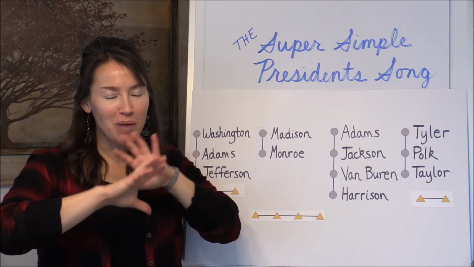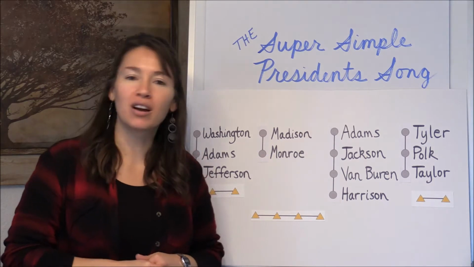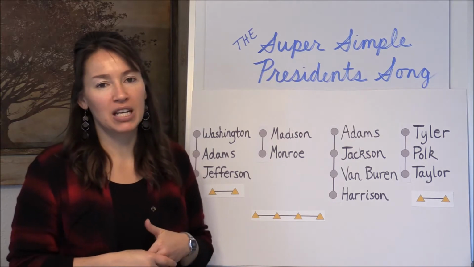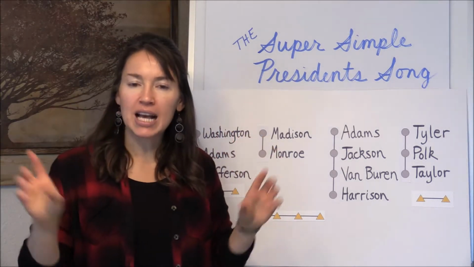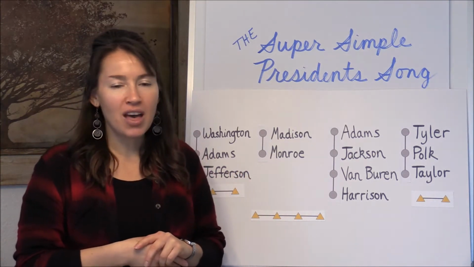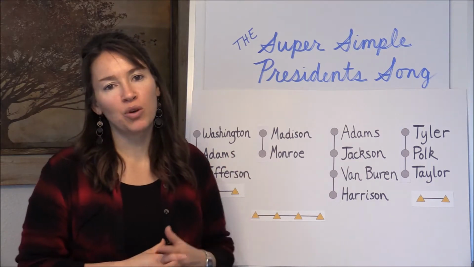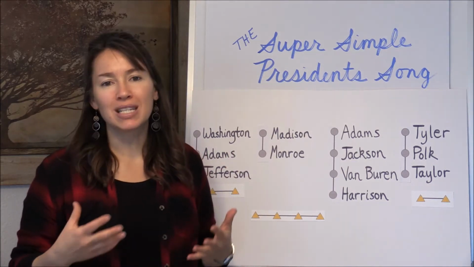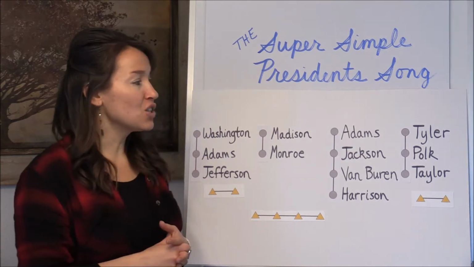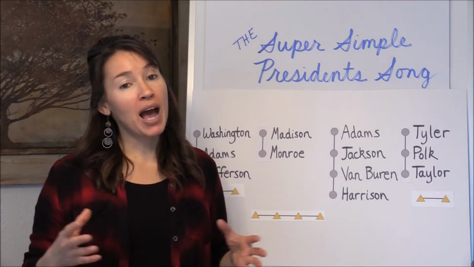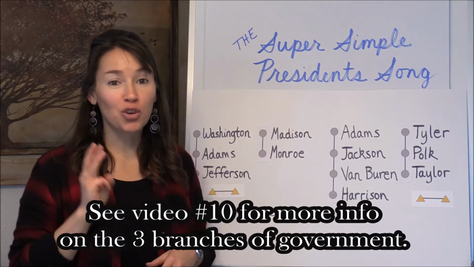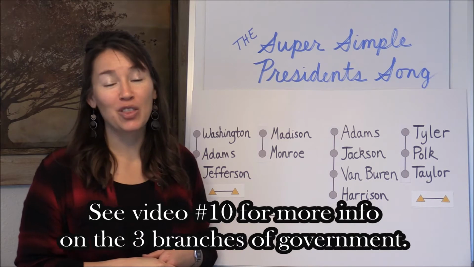So if we memorize the presidents, we have a good backdrop for understanding American history, but then we have to delve into actually understanding American history. So having a basic understanding of that timeline, who was in office at different points in history, but then beginning to fill in more depth and gain more context for what was actually going on, what decisions did they make, why did they make that, how did it turn out, and also for understanding more about how our government is formed. So in another video, I will talk more about the three branches of government in the US.